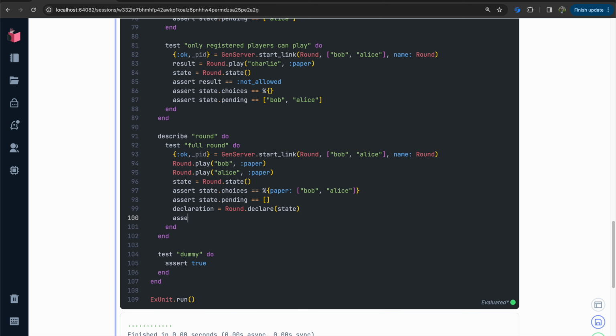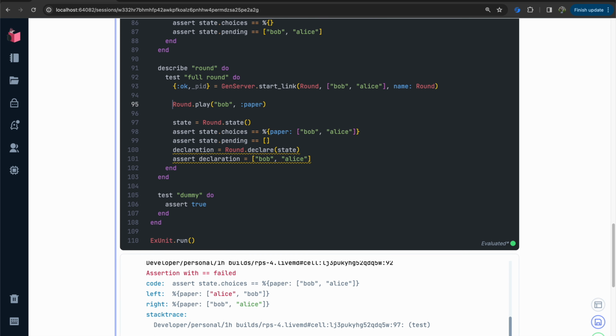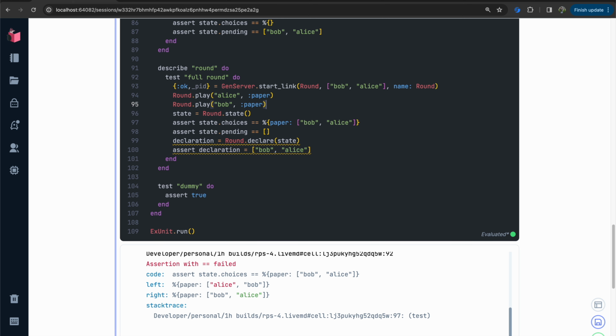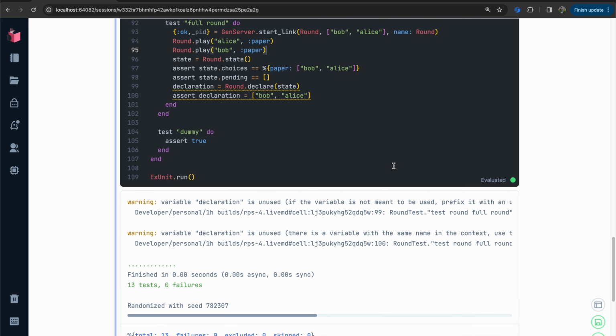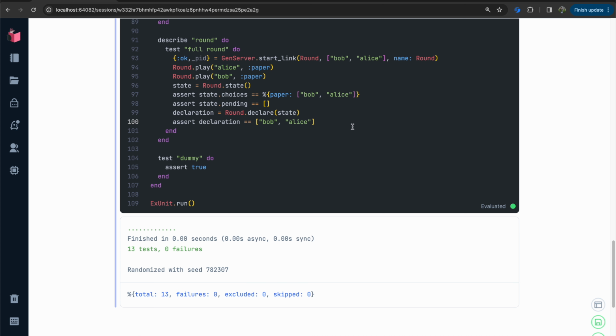And we can assert declaration is equal to, and there should just be Bob and Alice there. Okay, wrong order, but that is fine. It makes sense, yeah, right? Because Alice plays second, so if we actually make Alice play first, then that should work. Yep, all tests pass. Oh, yes, cool. So full round